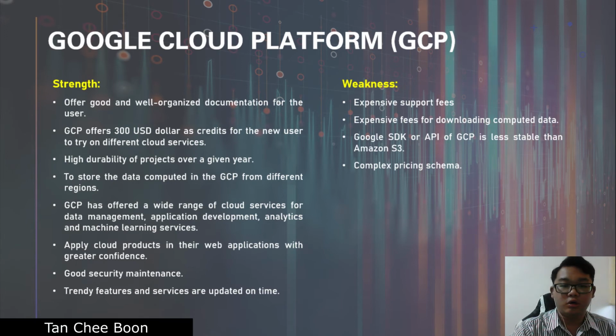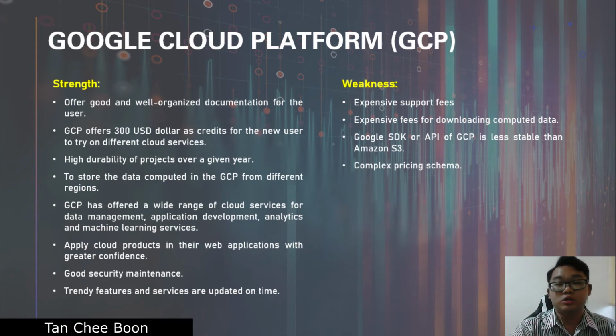GCP offers credit for new users to try its cloud services, and it has high durability of the project over a given year, and is also able to store the data computed in the GCP from different regions, and also offers a wide range of cloud services for data management, application development, analytics,